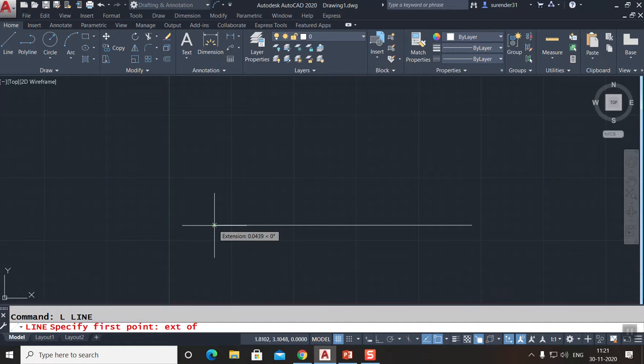Show the endpoint and drag it in the direction, along the line direction. Either you can go to the left side or to the right side of that point. When you show the cursor there at the endpoint, this is called the tracking point. Now I want some distance on the left side. Say I want 1, so I type 1. This is a very useful OSNAP mode, very highly used in civil drawings, mechanical drawings, everywhere.